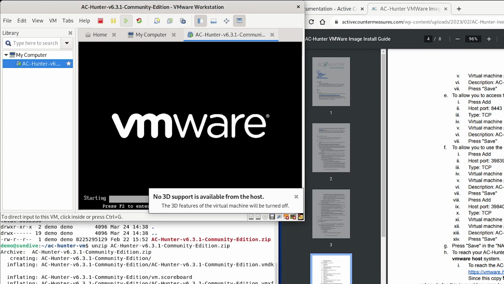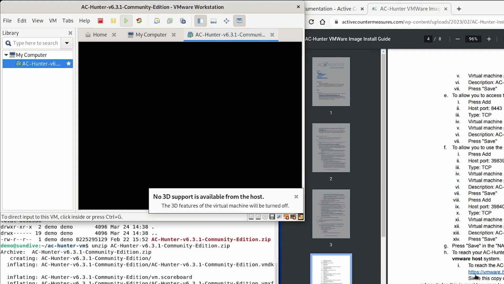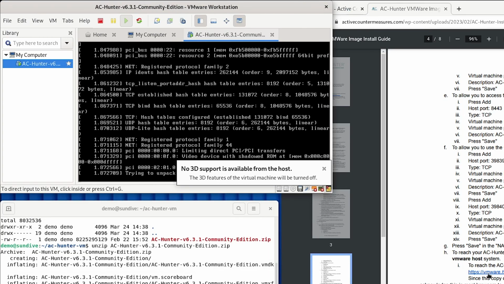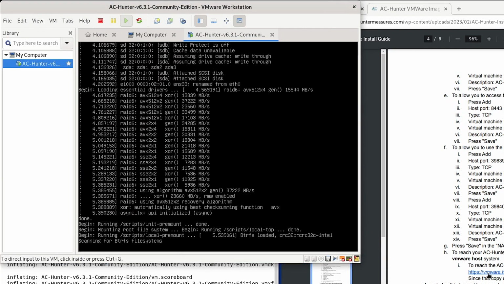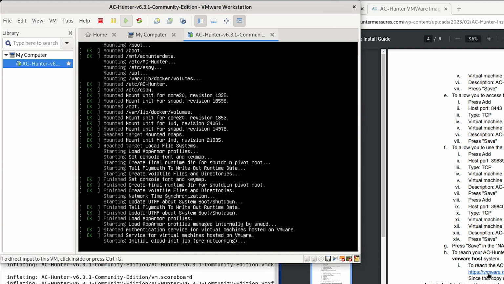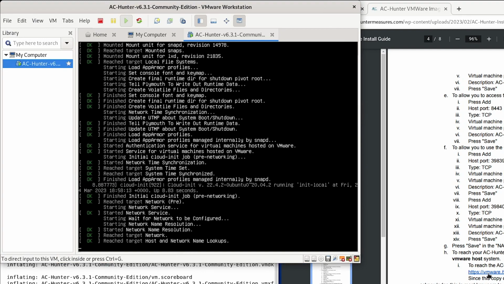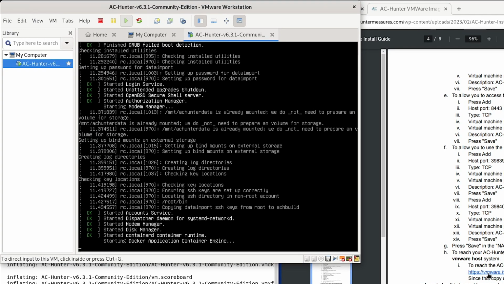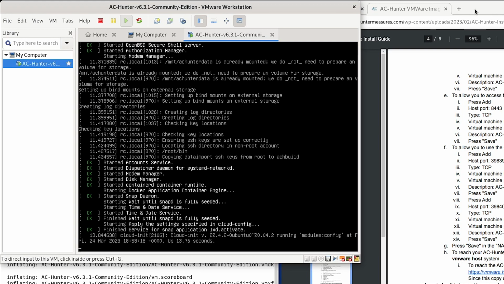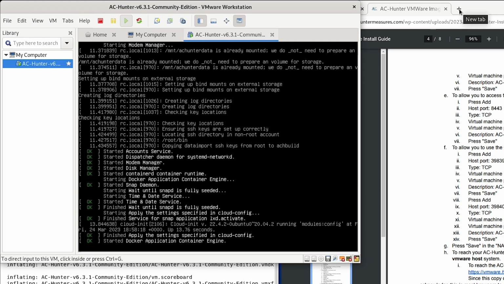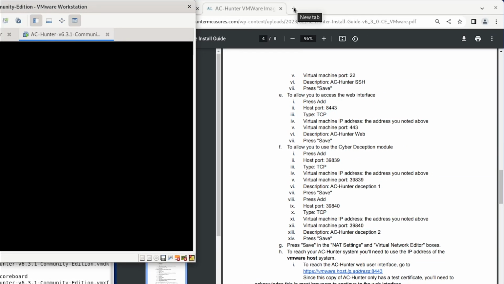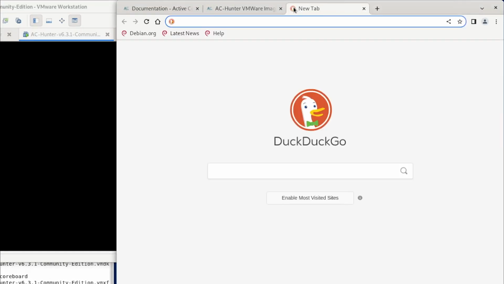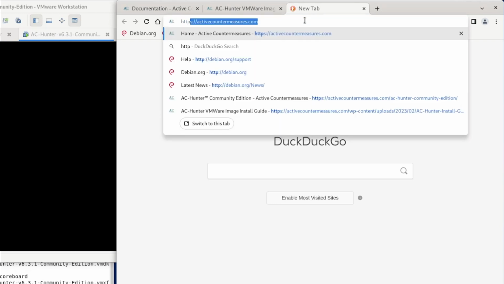The next thing to be aware of is that when you want to reach AC Hunter, either on the host itself or on some other machine in your building, you need to put the IP address of the AC Hunter system on your web URL. I'll show you how to do this. We've started up the AC Hunter virtual machine, and I'm going to come back to my web browser, and I'm going to go to